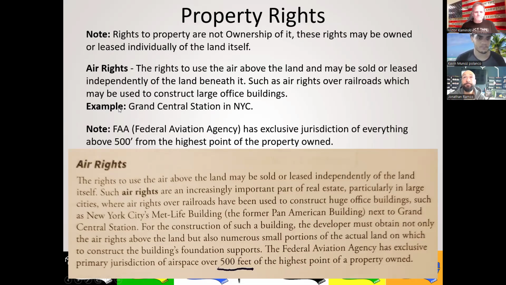Yep. It used to be formerly called the Pan American building. That used to be the largest commercial airline in the world. All right. So